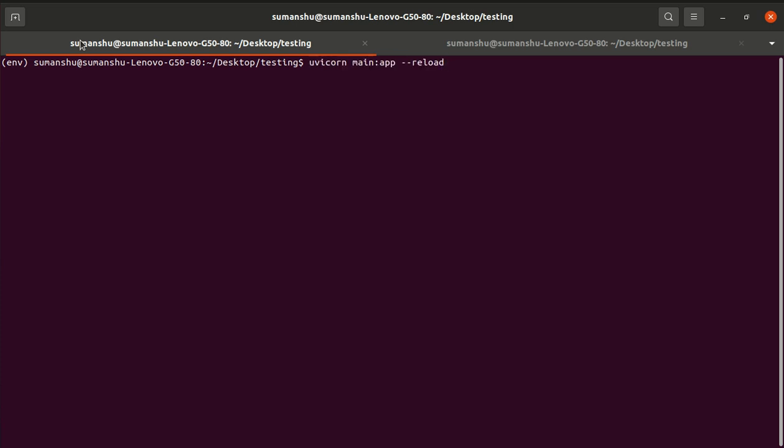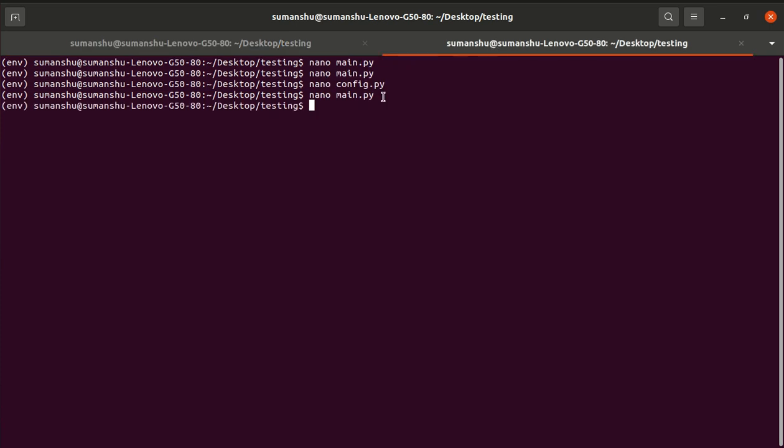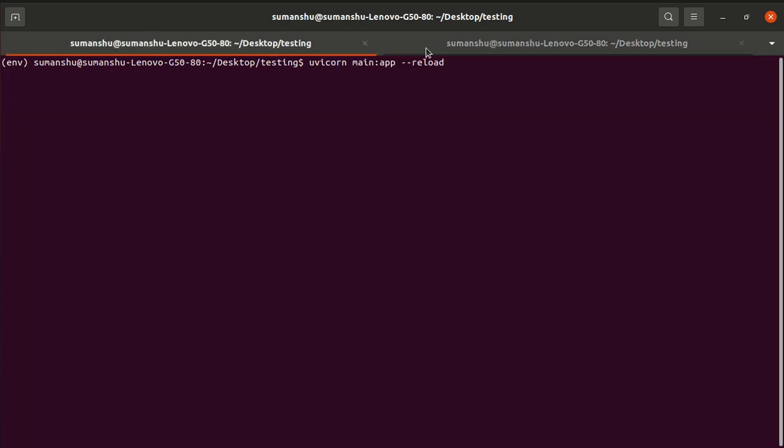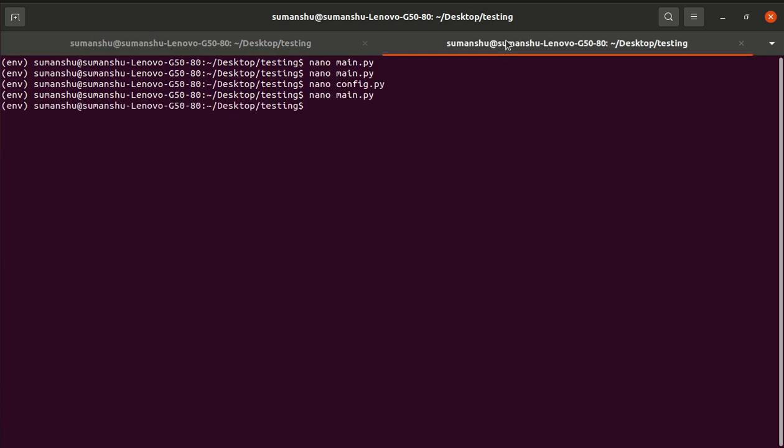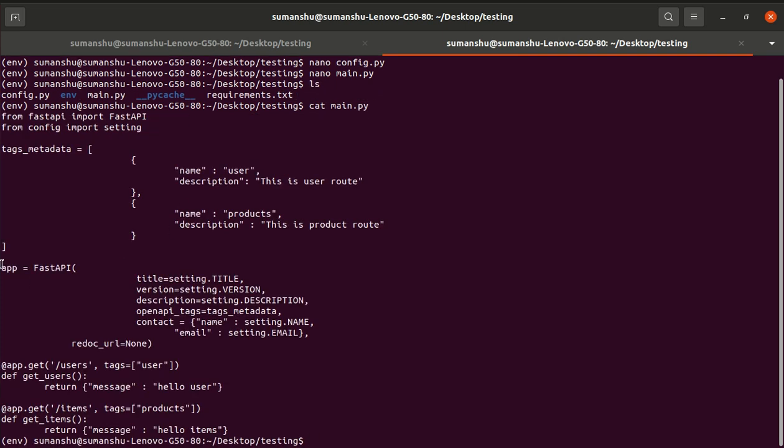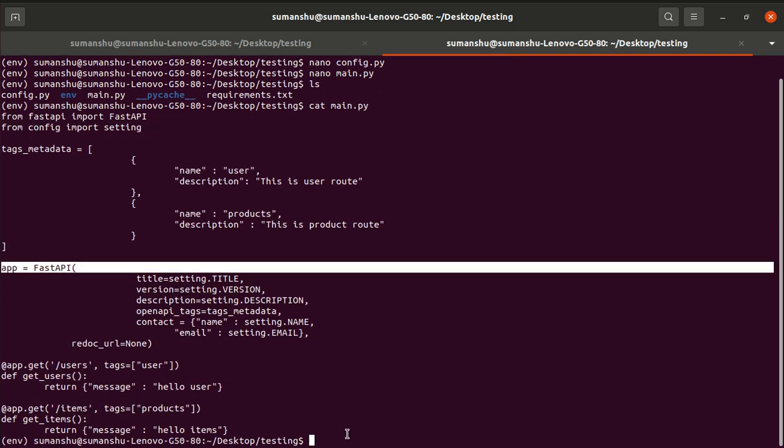So let's start our app using the Uvicorn server, with main as the file. Let me show you that as well. Main is our main file, and app is the instance name. If we open the main.py file, app is our FastAPI instance name which we want to run.